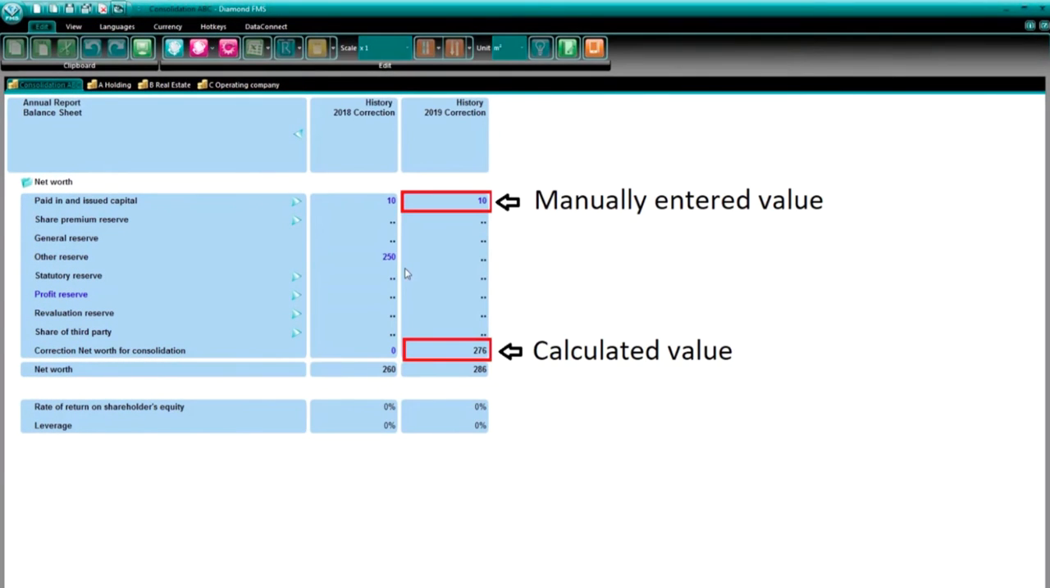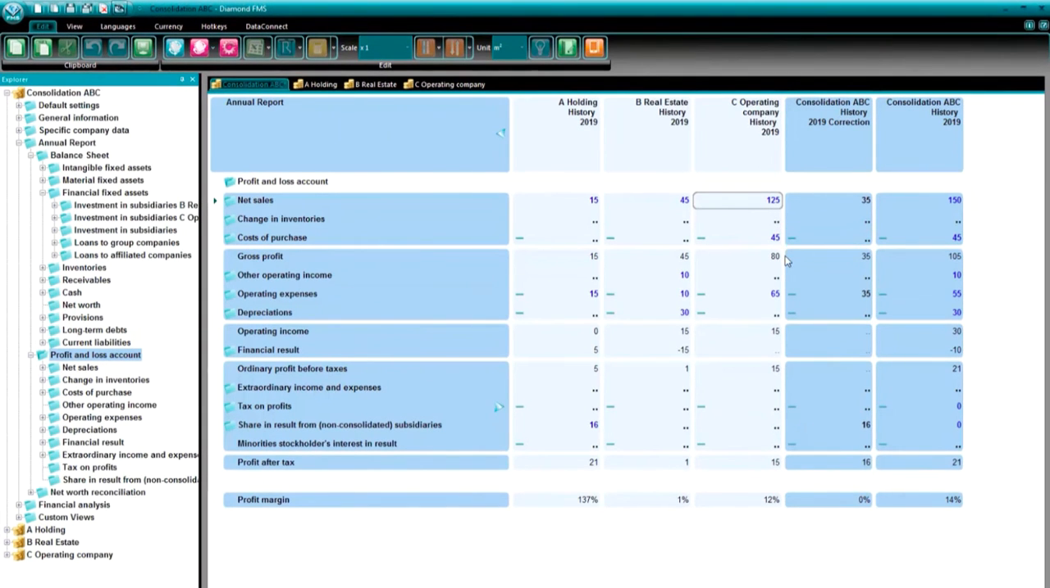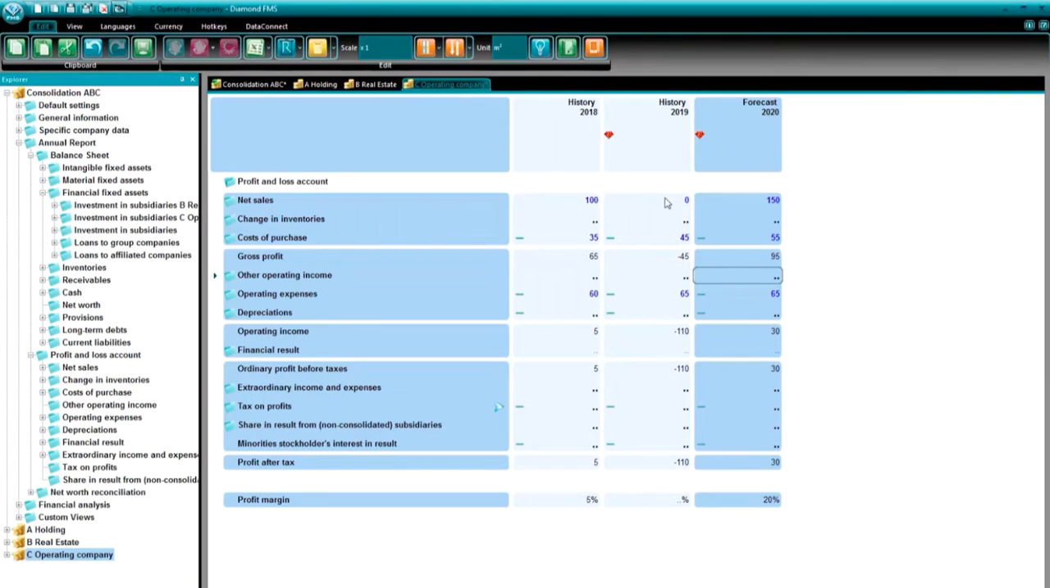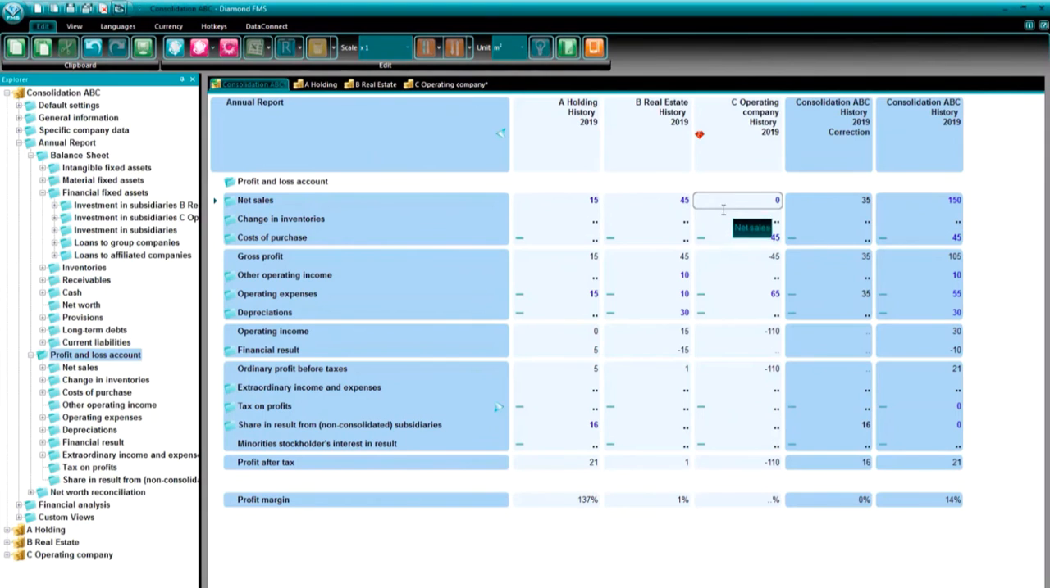The correction column shows both the automatically eliminated and the manually corrected items. Note that the automatically calculated values are in the black color and the manually entered values are blue. Keep in mind that if you make changes to the columns of the source files, they will also be reflected in the source files. For example, the amount of 125,000 for operating company turnover in the consolidation file has been